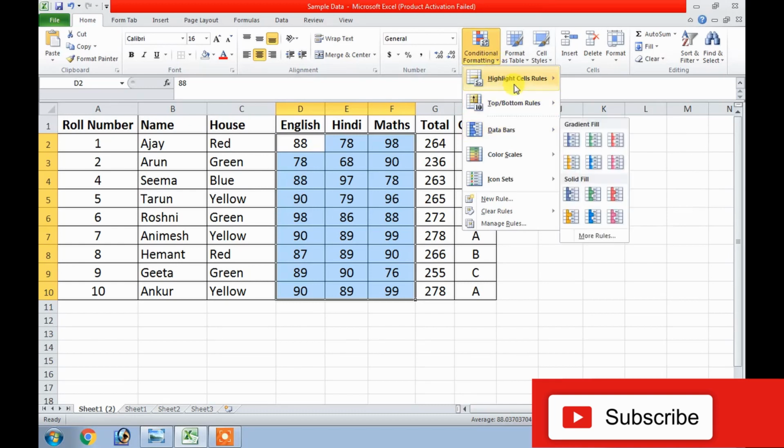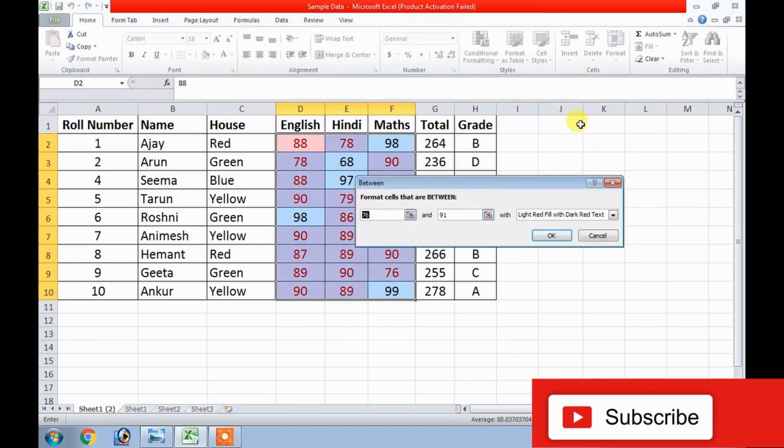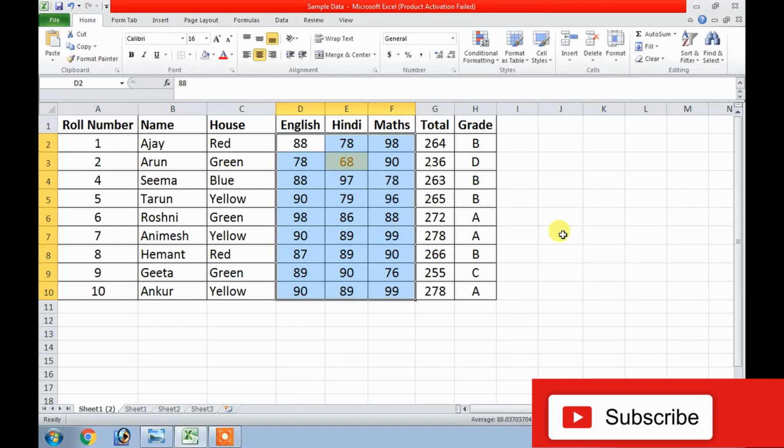In the same manner, one more rule I am going to specify, that is the value from 60 to 70, that I am going to consider as yellow, right?